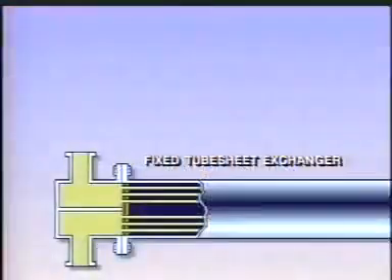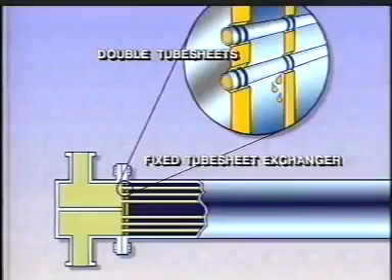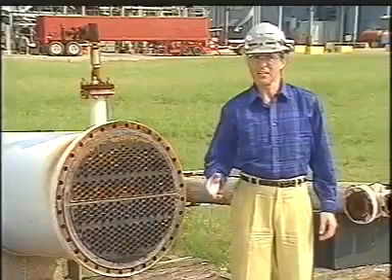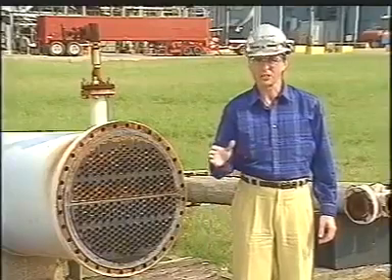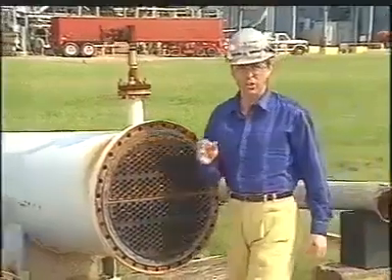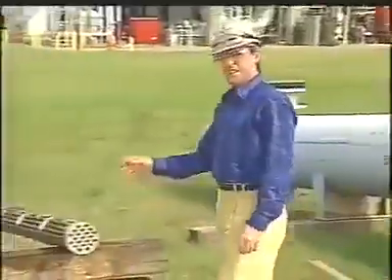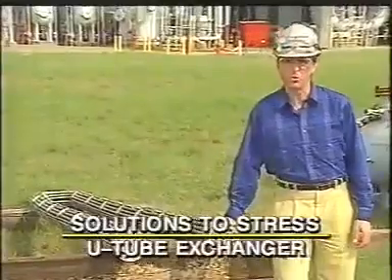There are basically 3 designs that deal with the possibility of leakage. In some fixed tube sheet exchangers, the tube bundle is anchored between double tube sheets. If a leak does occur, the fluid flows into the space between the tube sheets and can be safely drained from the exchanger. This design may lessen the effect of a leak, but it cannot lessen the stress that thermal expansion puts on the tubes. A fixed tube sheet exchanger can only be used where the temperature difference between the two fluids is small. The next example is a tube bundle from a U-tube exchanger.